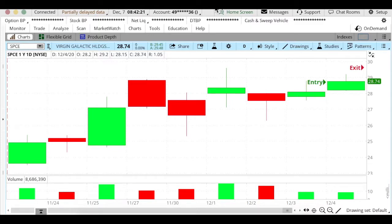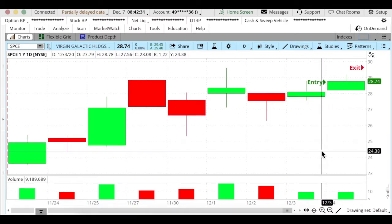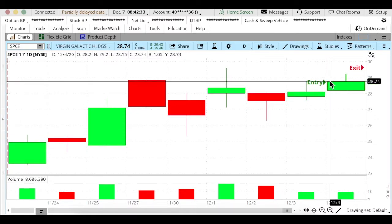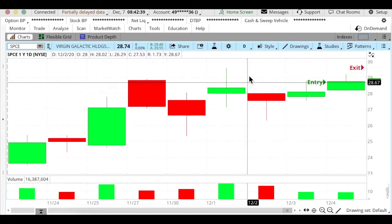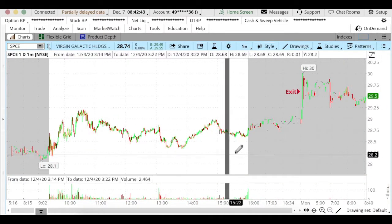Hey traders, it is Monday, December 7th, and I just got out of my Virgin Galactic trade, ticker SPCE. And you can see here it had a really good gap. Right now, this is the daily of SPCE, and my exit you can't see on the candle yet because the morning hasn't opened yet. But if you look at the 1 minute chart, you can see my exit here